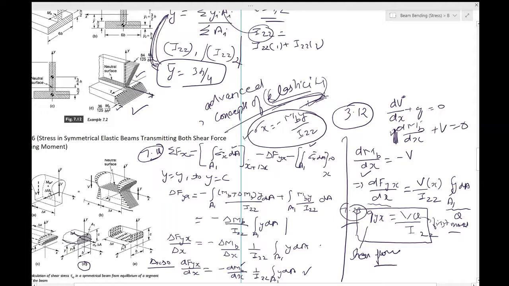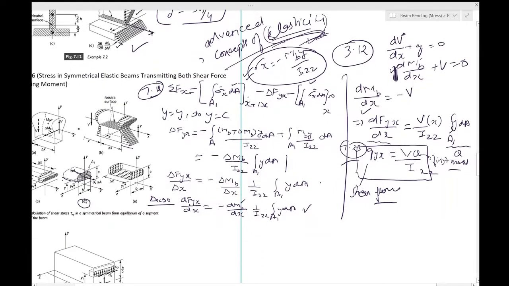Remember, this was an approximation for this engineering theory which we were trying to develop for stresses in a beam in the presence of shear forces. So once that is done, in the presence of shear forces, the bending stress is in fact given by this equation 7.16. Then 7.23 is an exact expression for the shear flow. So this is exact